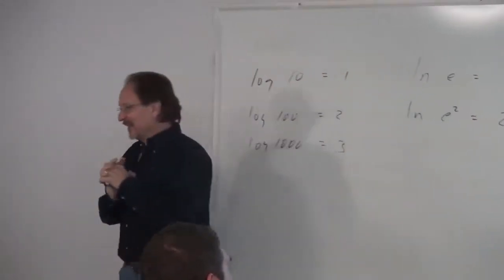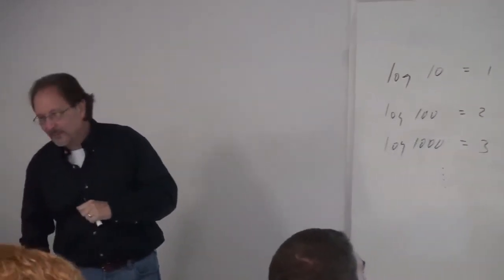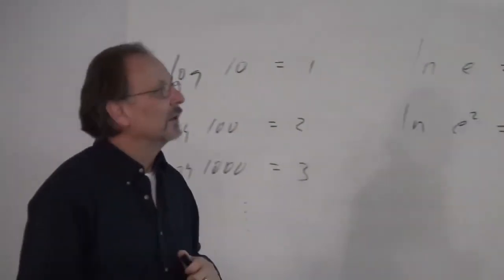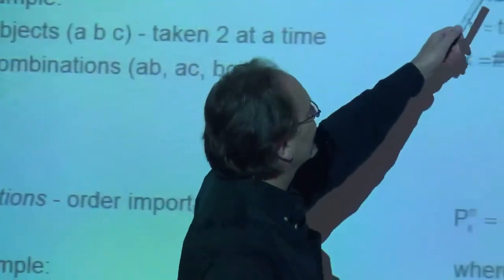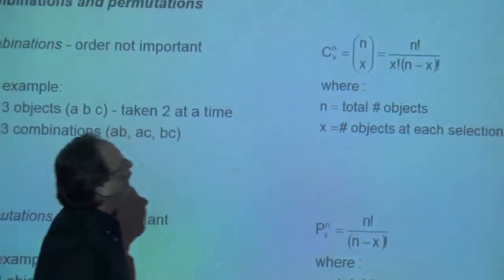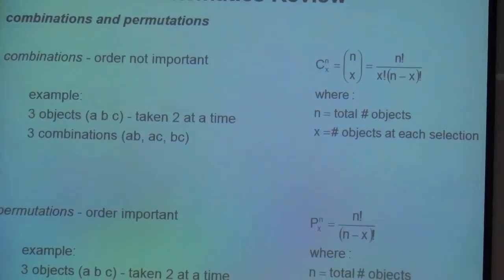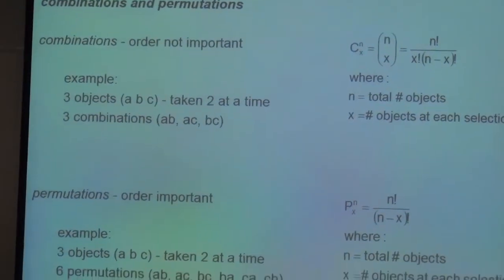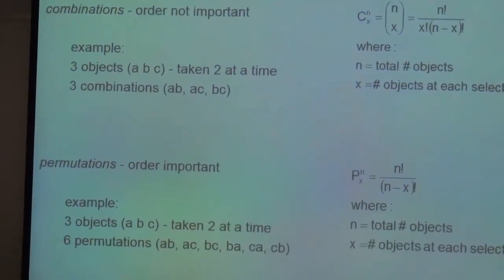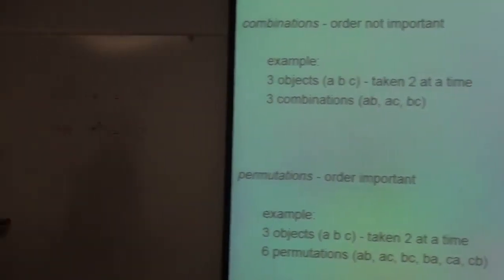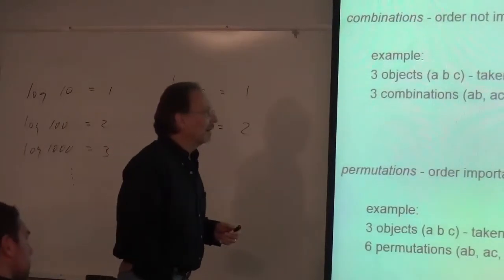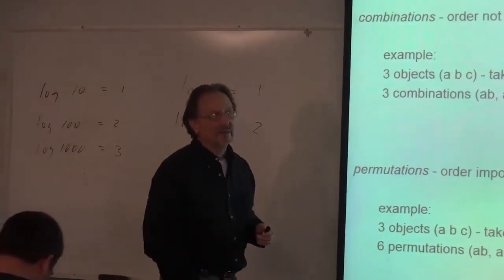So anyway, that's the logarithms that I wanted to make sure everybody was aware of. And then combinations and permutations. In the binomial, we use combinations. It's this. Okay? For contrast, we're not going to do permutations very much. But by contrast, there are always more permutations than there are combinations.